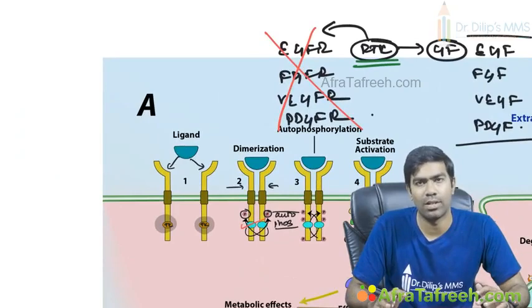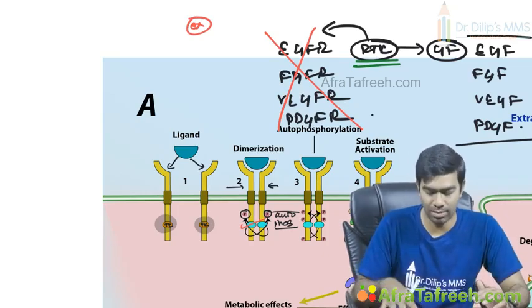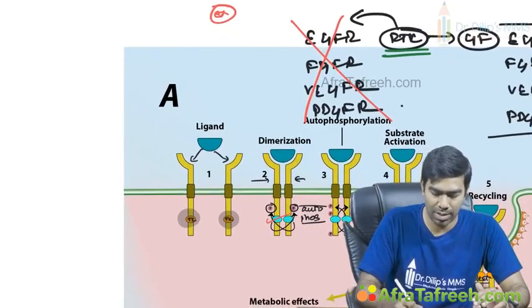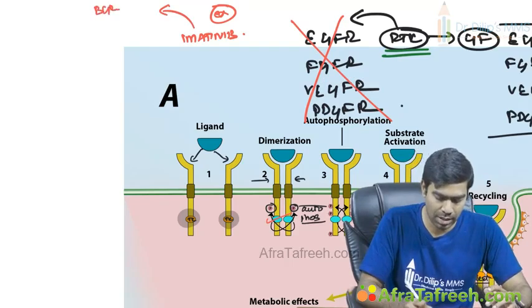Lots of growth factor receptor inhibitors are there. For example, these are also tyrosine kinase inhibitors, which will be called NIBs again. One of the examples is imatinib. Remember, imatinib, you would have thought it's effective for inhibiting another fusion kinase called BCR-ABL kinase. Remember, this is also a tyrosine kinase, but it is a fused kinase. A BCR protein is there, an ABL protein is there. Both have been fused, and they produce a new fusion kinase called BCR-ABL kinase, which has excessive tyrosine kinase activity. Alright, go and see the CML video. You will understand what we mean by BCR-ABL fusion kinase and how CML is generated from this BCR-ABL kinase.